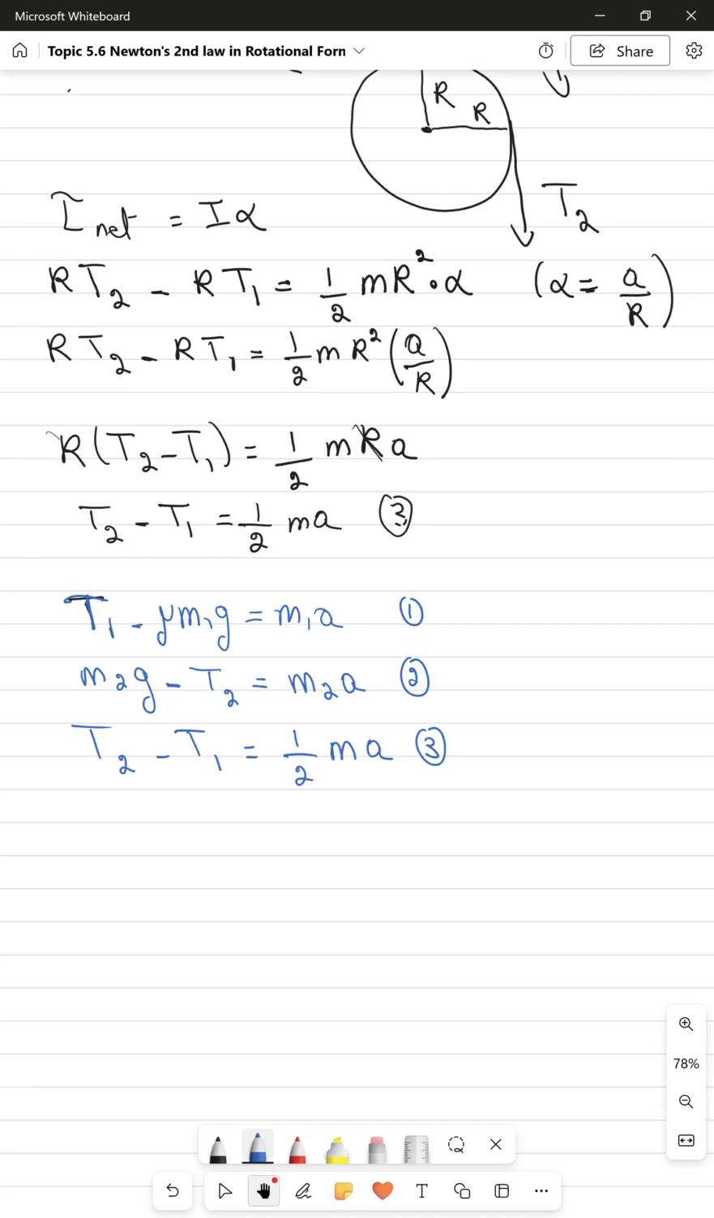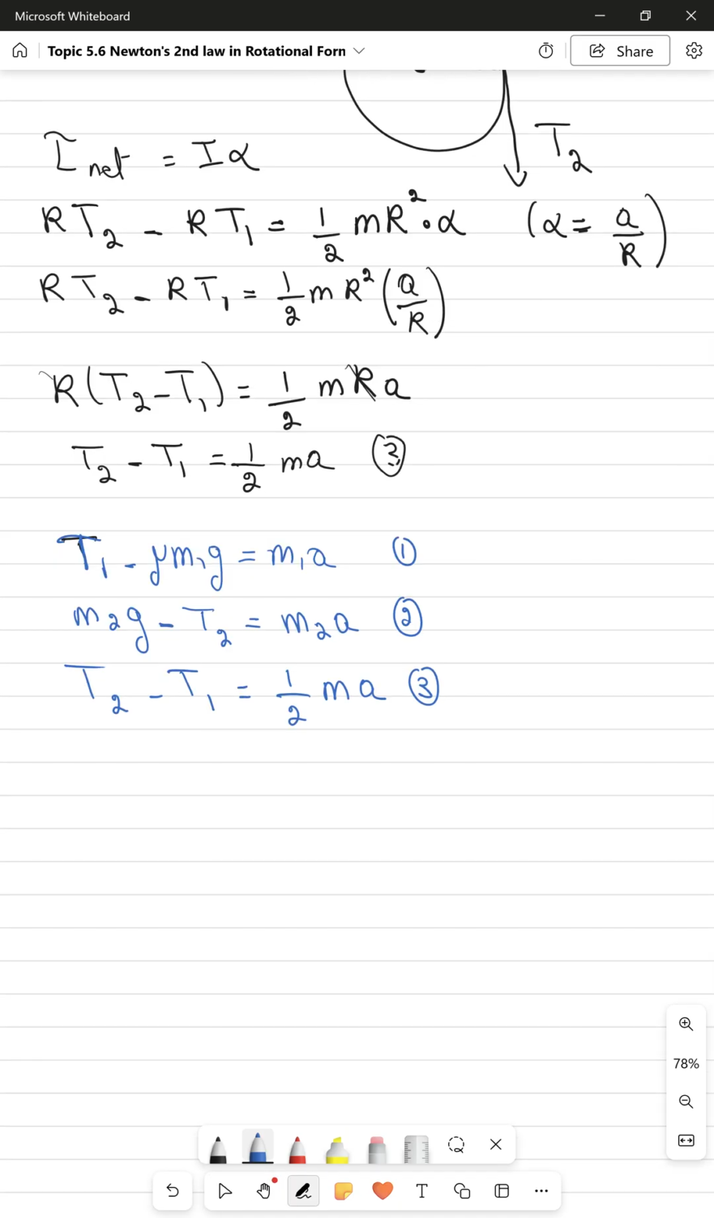If you remember in unit 2, we said we are going to add the equations. It will make it simpler. That's the reason why it will make it simpler here. So if I add all three equations, if you notice, T1 and minus T1, they cancel. So 1 plus 2 plus 3. T1 and minus T1, they cancel. T2 and minus T2, also they cancel. So I remain with